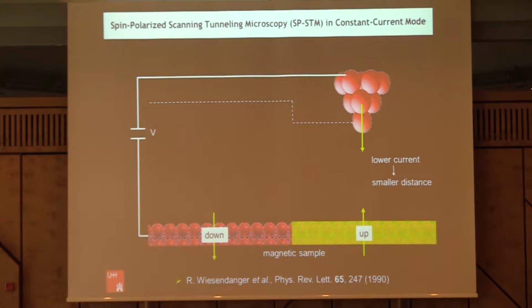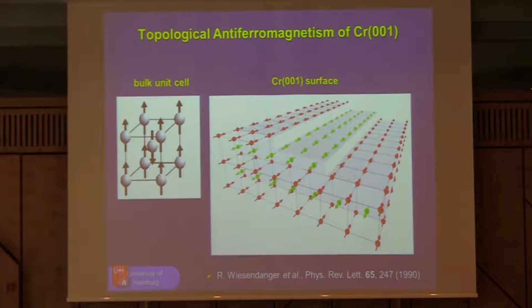In principle, you can study this for a domain structure of a ferromagnetic thin film, as we did later on. But at the beginning, we made use of an antiferromagnetic material. Historically, that was motivated by the fact that we wanted to exclude magnetic dipolar interactions between the tip and the surface, because we did not want a kind of magnetic contrast known from magnetic dipole force microscopy. So the first system which we chose was the chromium-001 surface,